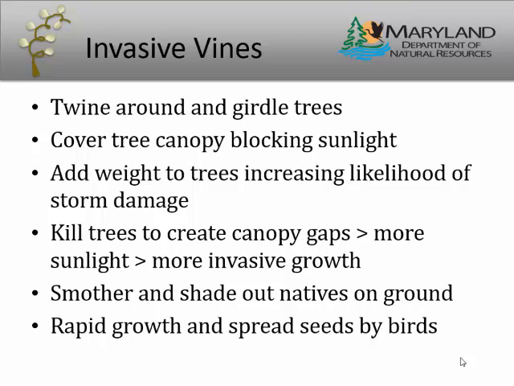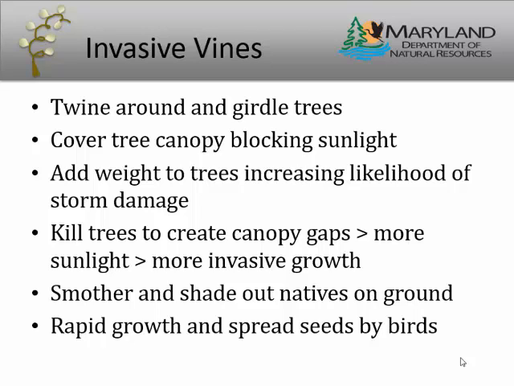When we're talking about invasive vines, they will girdle your tree. They will grow up over the canopy of the tree and block its sunlight, and they will add weight to the tree. And so when we get windstorms, ice storms, snowstorms, our deciduous trees that lose their leaves intentionally so they don't have to deal with all of that snow on top of them can't handle it if they have these vines on top of them that add all that weight and wind resistance. So they'll come down really easily in a storm if they're covered in vines.